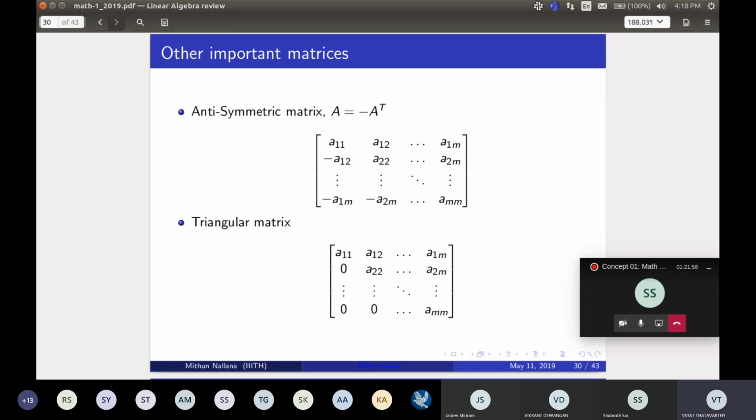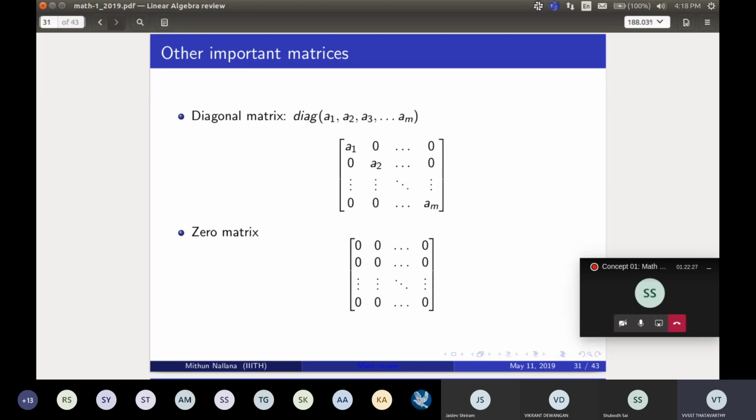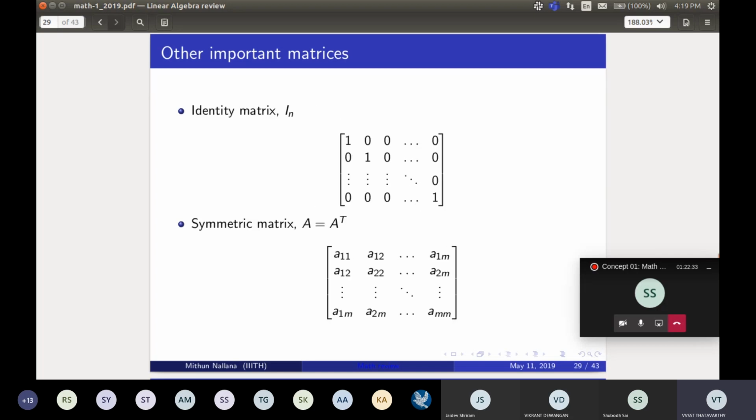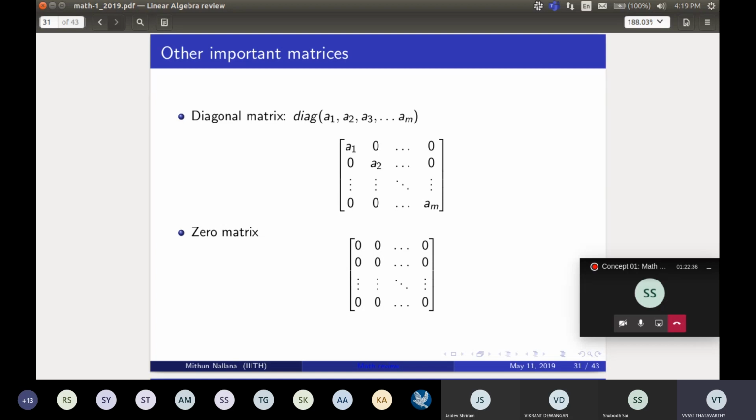Now there is something called a triangular matrix. If the elements are such that you form a triangle of zeros in the matrix, with non-zero elements up to the diagonal and zero elements below the diagonal, it can be a lower triangular matrix or an upper triangular matrix. If the non-zeros are below the principal diagonal, it is called a lower triangular matrix, and if they are above the diagonal, it is called an upper triangular matrix. Now you can take a diagonal matrix with all the zeros and identity. So identity is just a specific case of a diagonal matrix. A zero matrix is just a matrix with zeros.